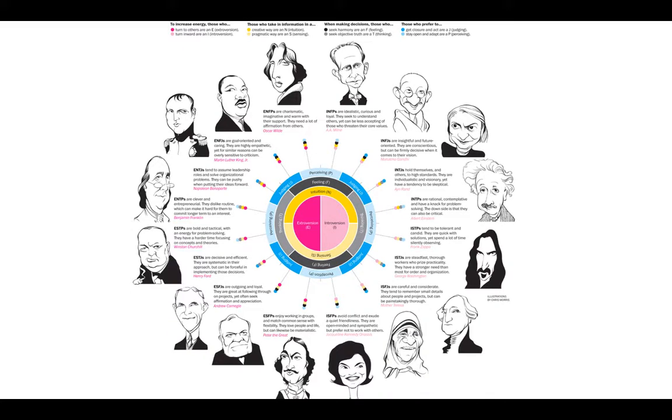Probably the biggest one is the Myers-Briggs Type Indicator. And that's a personality measure, based on the work of Jung. And it just categorizes people based on how they relate to the world around them. You've likely taken a Myers-Briggs or some riff on a Myers-Briggs, but you can see kind of on this graph